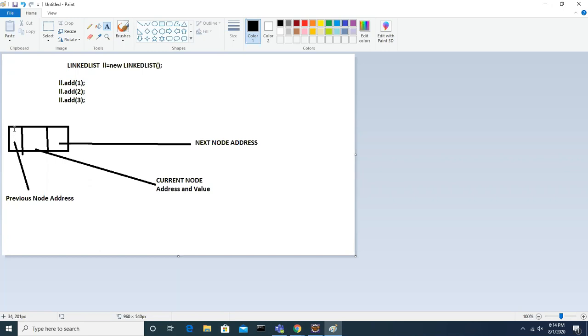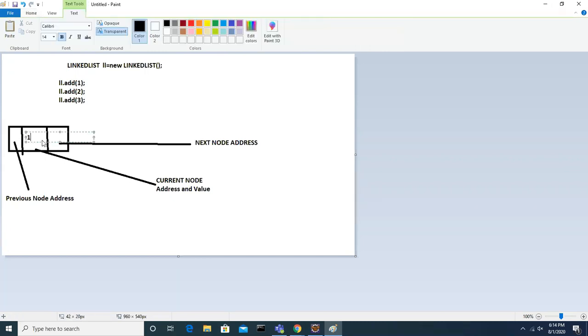The first one is the previous node address, the last one is the next node address, and the middle one is the current node, the node itself. A node is nothing but some kind of memory, so it has some memory address, and that address and value, what value are we going to keep?